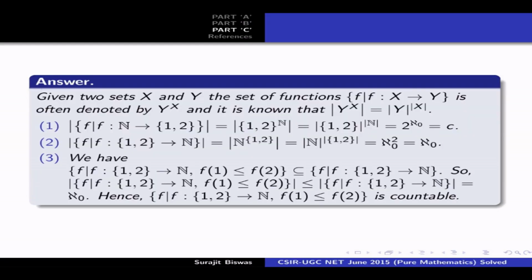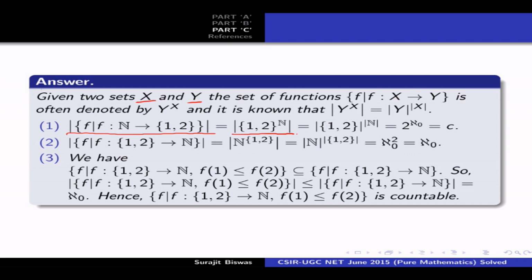Given two sets X and Y, the set of functions f from X to Y is often denoted by Y to the power X, and it is known that the cardinality of Y^X equals the cardinality of Y to the power of the cardinality of X. Now for option 1, with this notation, the cardinality of the given set is equal to the cardinality of {1, 2} to the power N, which equals the cardinality of {1, 2} to the power cardinality of N, so that is 2 to the power cardinality of N,